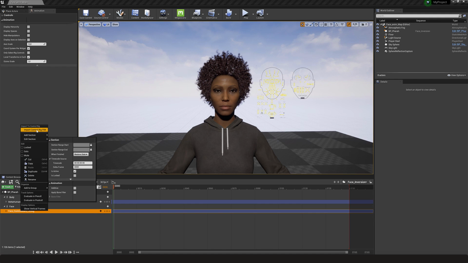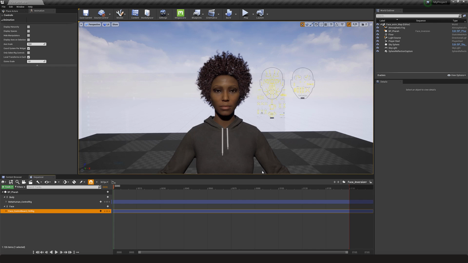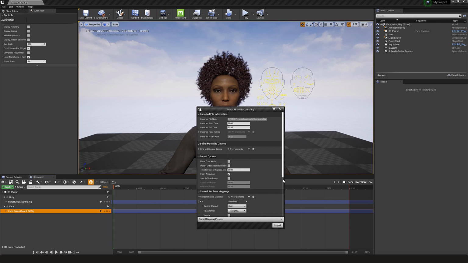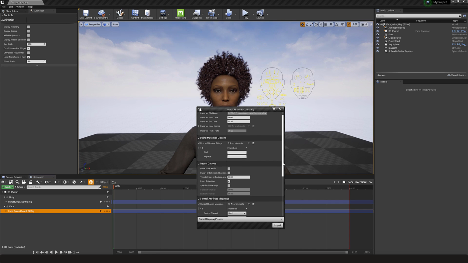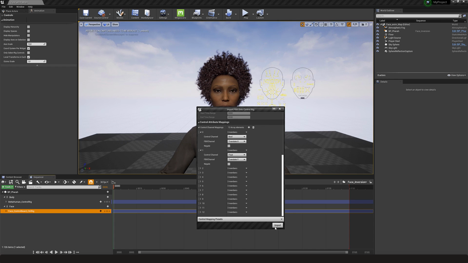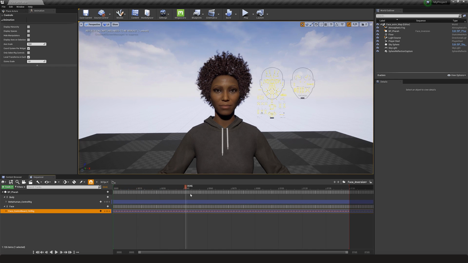In Sequencer, I import ControlRig FBX. And in the import options, I just would like to highlight also an additional option. If you have any namespace, make sure that you replace it in the find and replace strings. This way it can map correctly to the control rig in Engine. And also change the channel mappings floats to translate Y. And you will see the same result that you have in Maya.